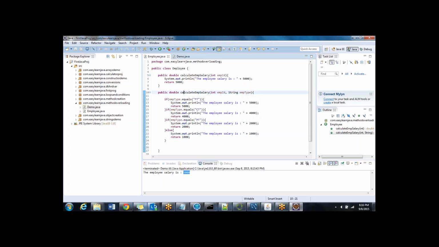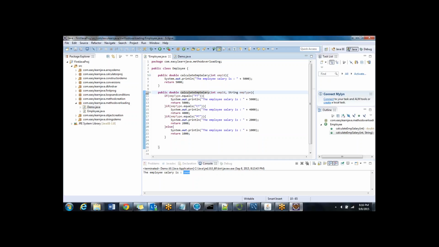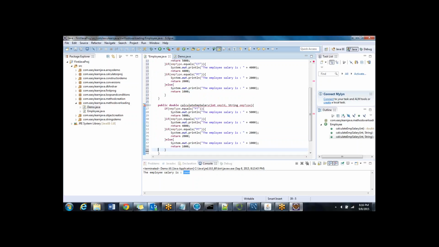Okay, some logic I wrote. Now I will be writing one more way for calculating the salary for an employee. So in this scenario, I will pass a few more parameters like employee ID, employee type, and then a string emp